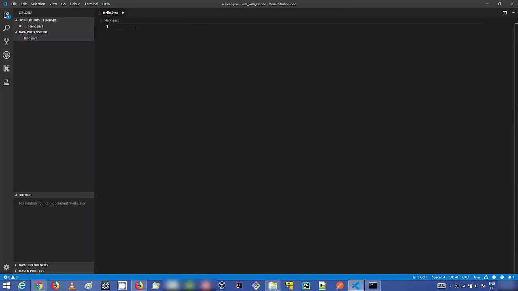Now what you can do here is you can create a class, let's say. So let's create a class. So I'm going to just say class, and you can see this IntelliSense, and you will see two options. So just click on the second option here, which is automatically going to create a sample class for you, which is public class hello. And here when you want to create a main method, you can just type main and then click on this IntelliSense which comes here, or press enter.